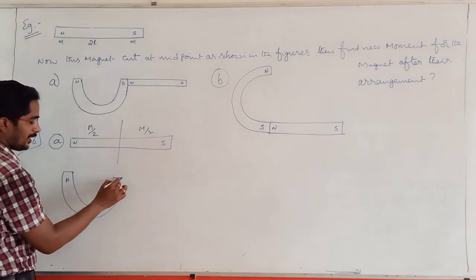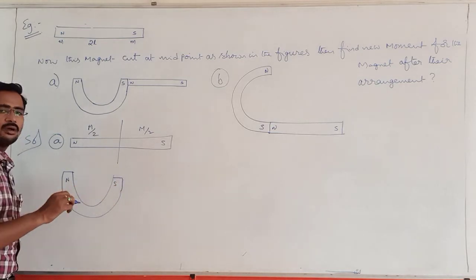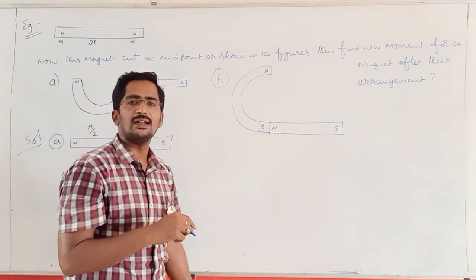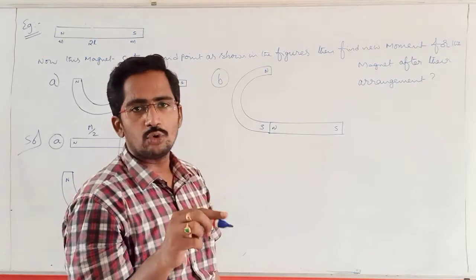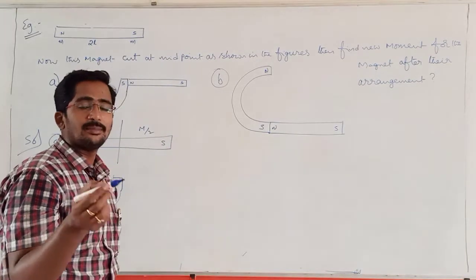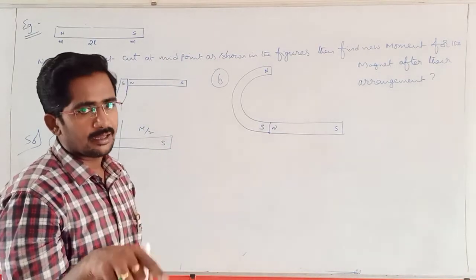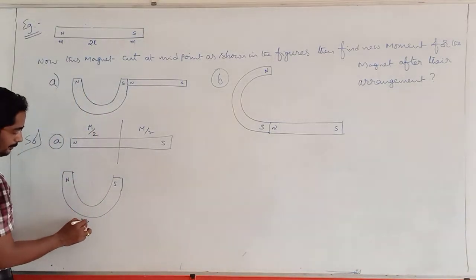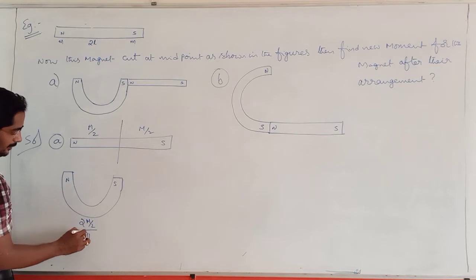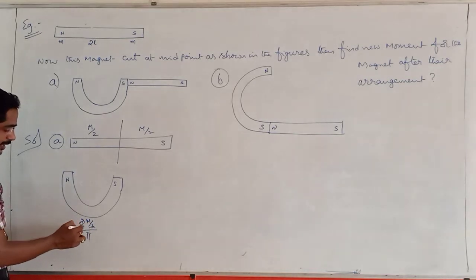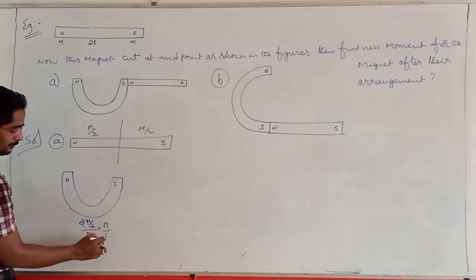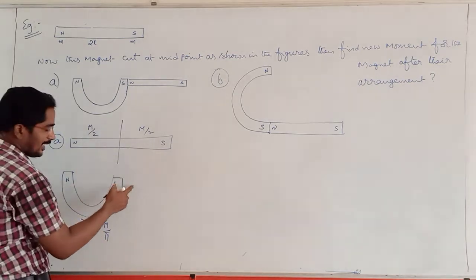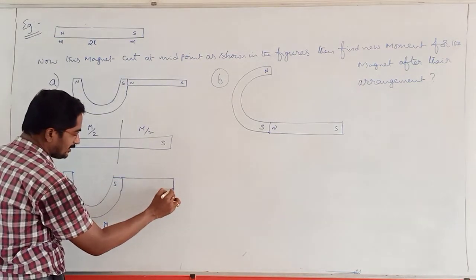Once a straight magnet is bent into an arc-shaped magnet, the moment value is 2M sin theta by 2. For a semicircular shape, it is 2M by pi. So its moment value is 2M by pi, where M means M by 2. So to get this, what should we get? M by pi. The second one, as it is, we are placing here.